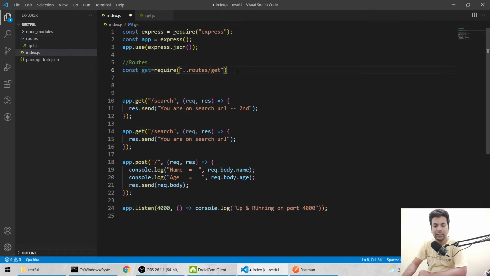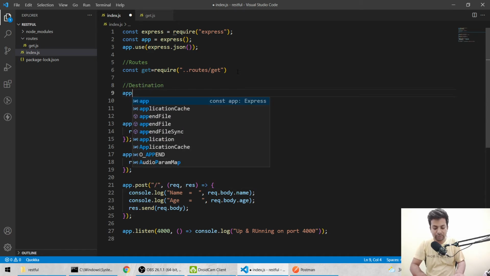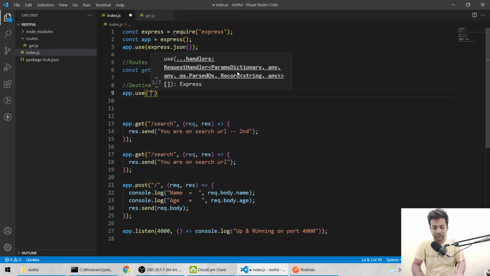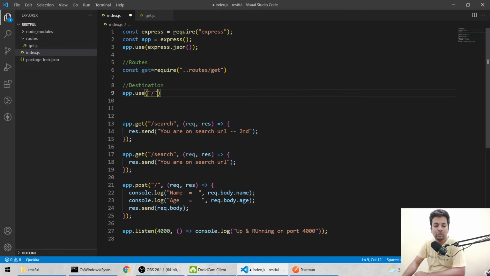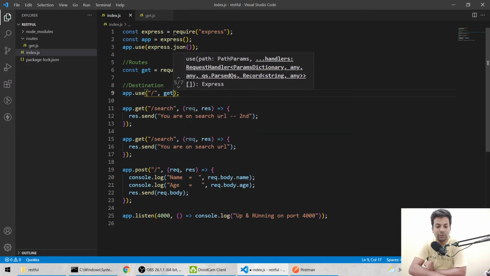I want to get that, and here I'll say app.use, whatever comes on the base URL, just forward it to get.